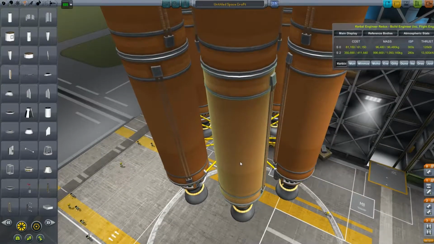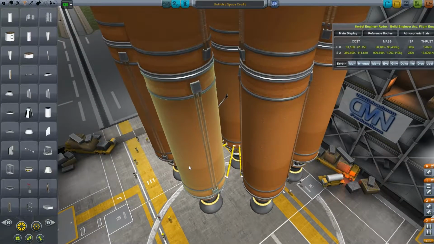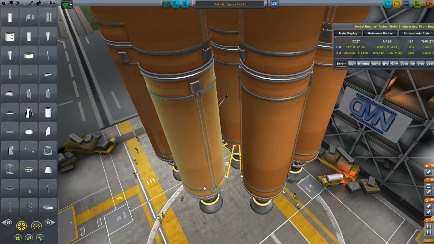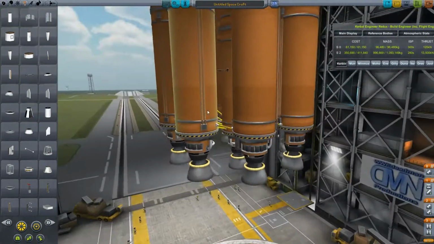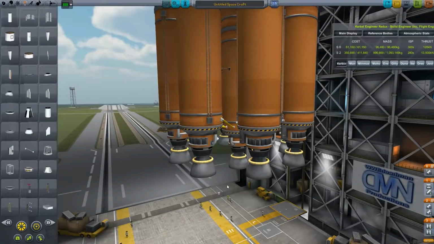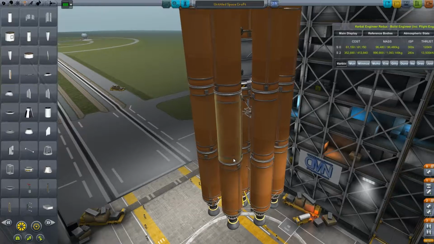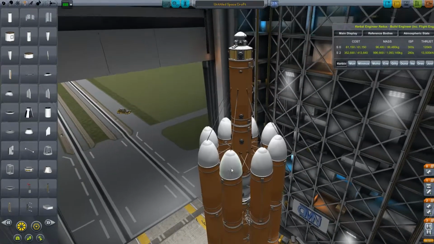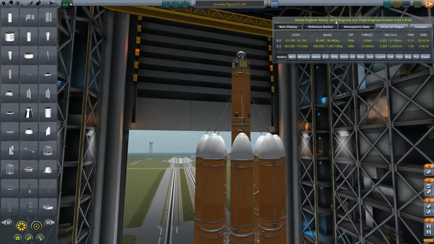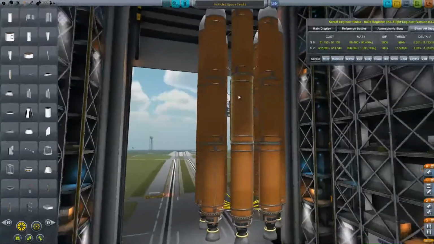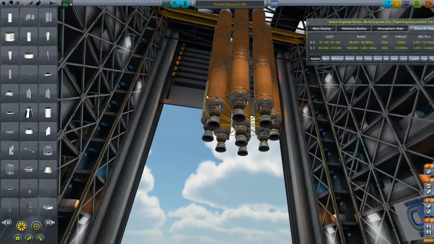This and this. Oops. Just drop that down to here. Come on. This and that should be okay. How much thrust does that have? Actually not too much. And